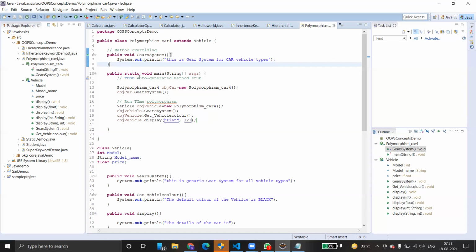Another one is, what if we have a different return type for the same method? No, in method overloading, return type does not distinguish. Yes, this is an interview question. Return type does not distinguish which method needs to be invoked. Only the parameter list, the type of the list, the order of the list, and the number of parameters, not the return type. Okay, clear.